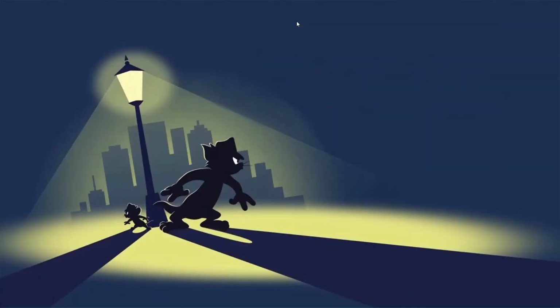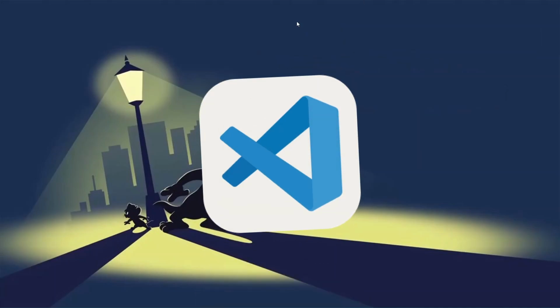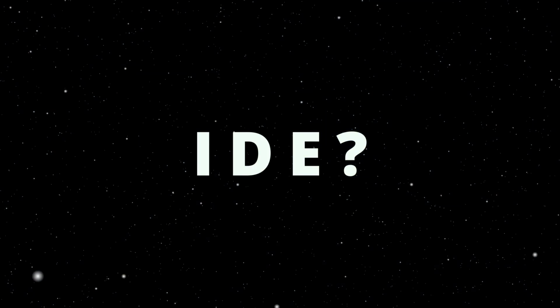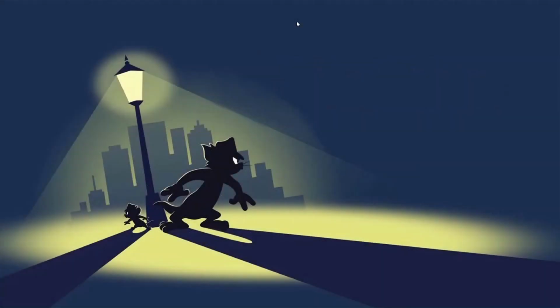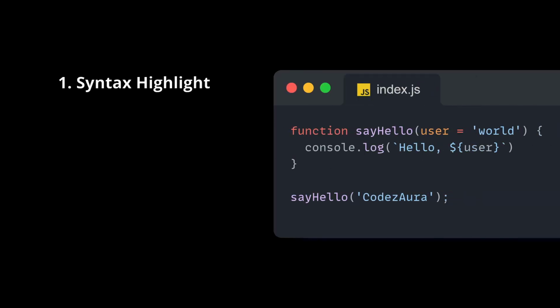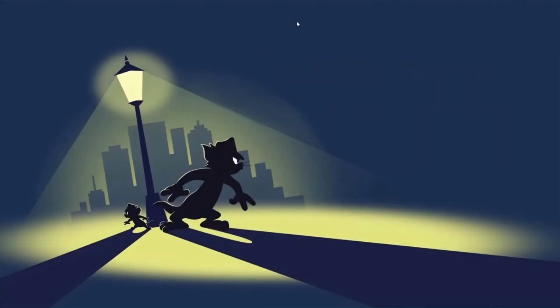Now let's talk about how to write these source files. If you are targeting to write code in the long run, I will suggest you to choose any IDE. What is an IDE? IDE stands for Integrated Development Environment, which provides us multiple facilities like syntax highlighting for any specific programming language, auto indentation so that our code looks beautiful, and an integrated terminal where we can run or execute command lines,